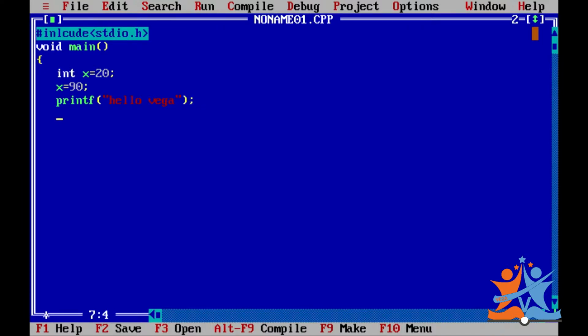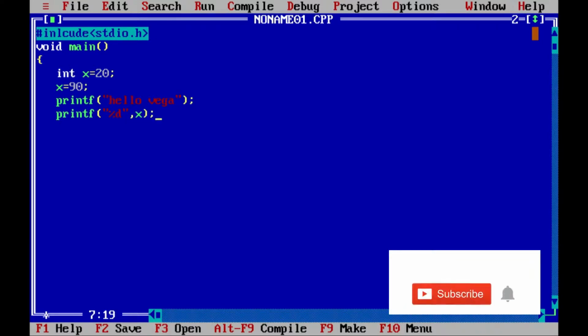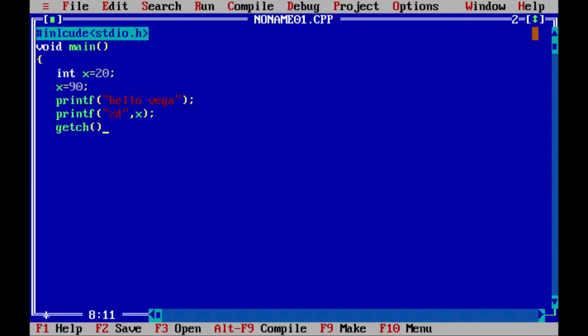Each and every statement in a C program must end with a semicolon. Again printf, in double quotation marks, the format of output you want to print, and then we need to provide the variable name. Okay, done. Then close the function area, then close the body.